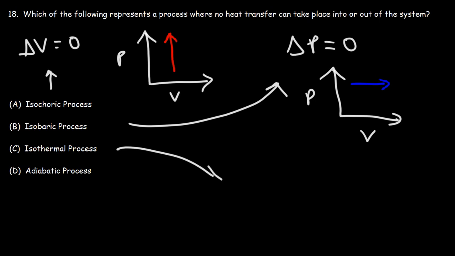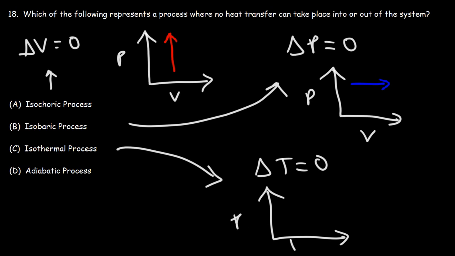Now, what about an isothermal process? So think of thermal, think of temperature. So the temperature is constant. Delta T is 0. On a PV diagram, an isothermal process looks like this. So let's say we're going from A to B. The temperature is constant. Now for an adiabatic process, Q is 0, which means that no heat flows into or